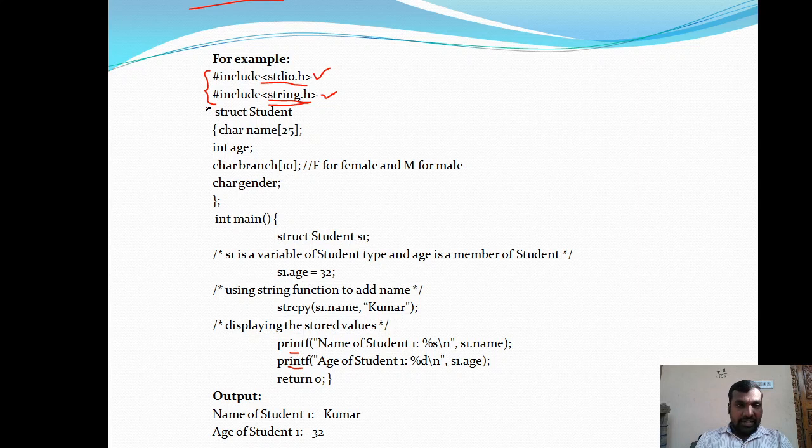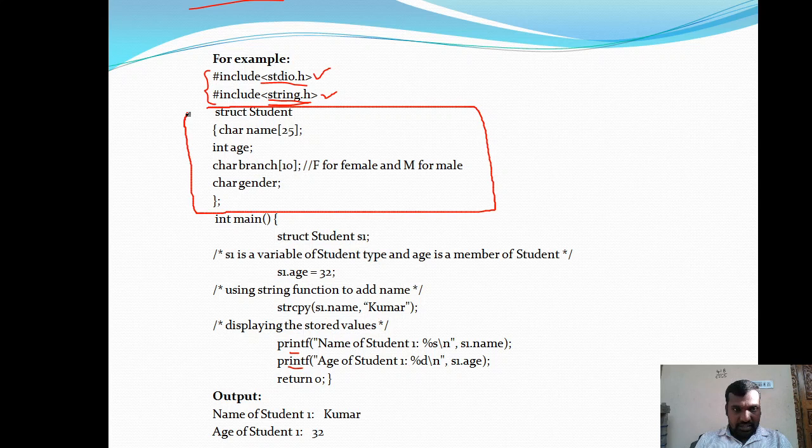Next I am trying to declare a structure. This is the definition of a structure: struct student, open curly brace and close curly brace, semicolon, terminating the definition. In between we have four fields. char name of 25: here name is a character array I am using to store the name of the student. Then the age, branch and gender of the student.